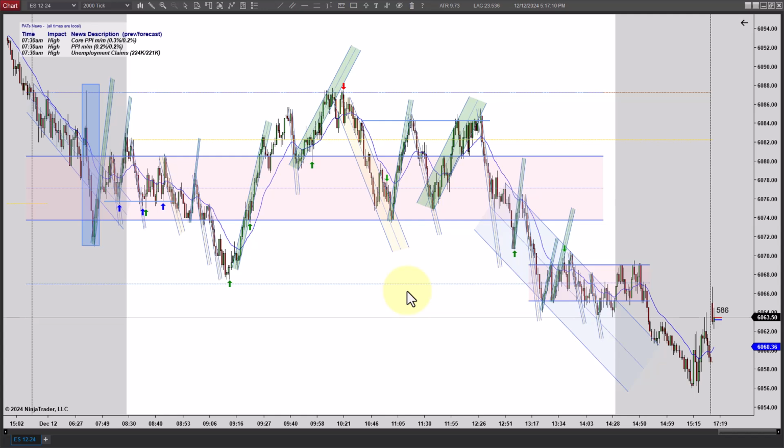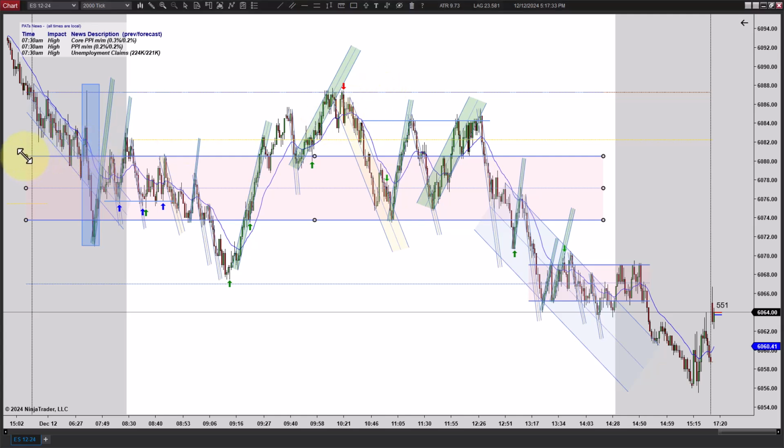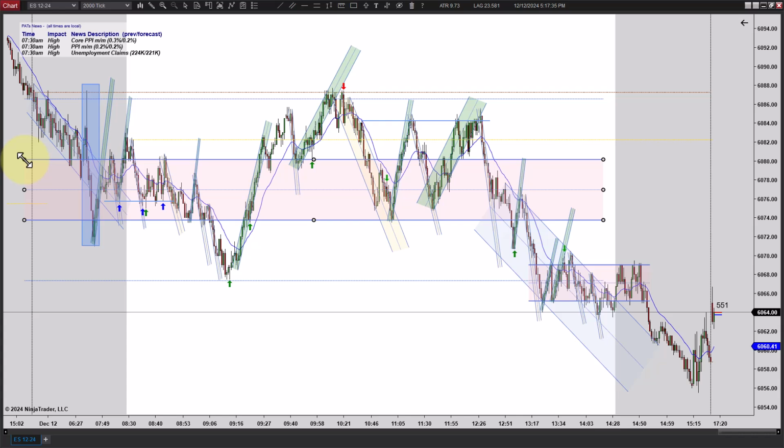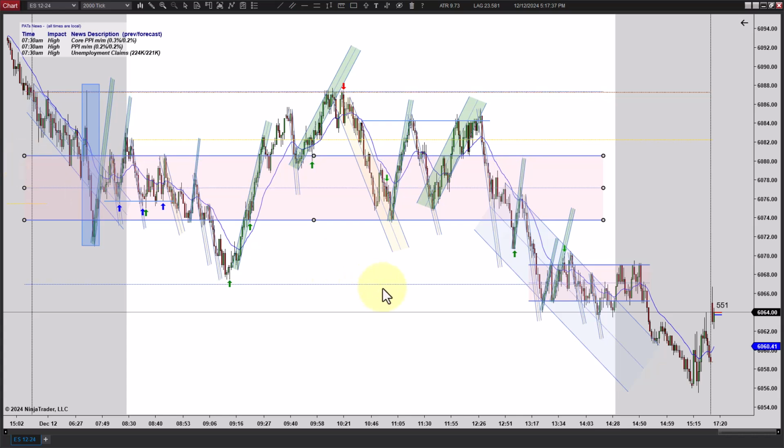And here it is, and you can see we traded down into this what I would call sideways. We had the PPI and unemployment claims this morning, and the market sold off on that and then recovered. Notice we opened right here at 8:30 and went lower from that. So the close from yesterday is up here, this blue line. It's not really a blue line. The reason it looks blue is because that happens to be the measured move as well up from where I had my channel this morning.